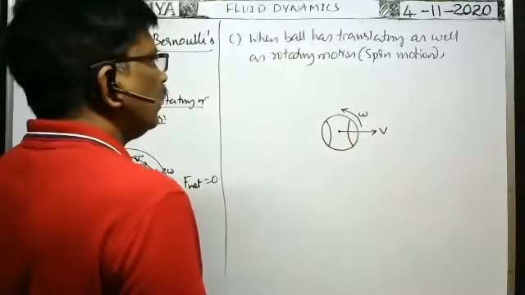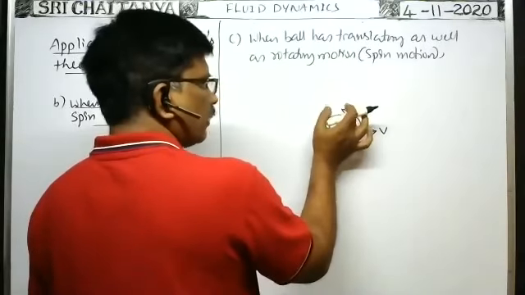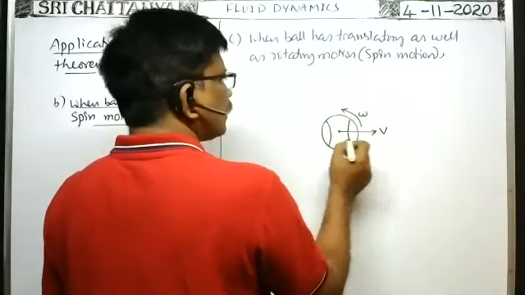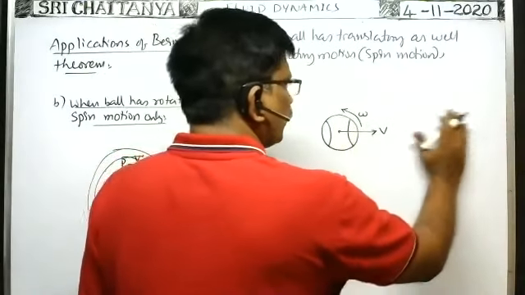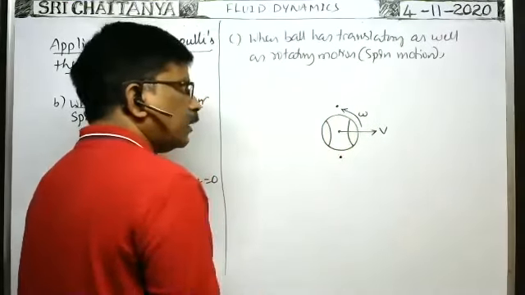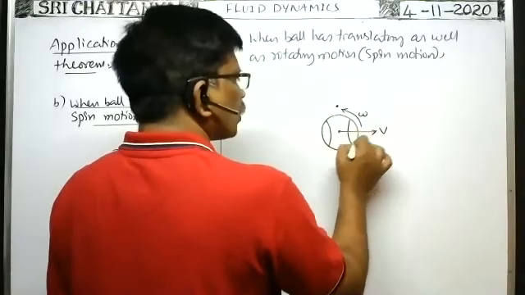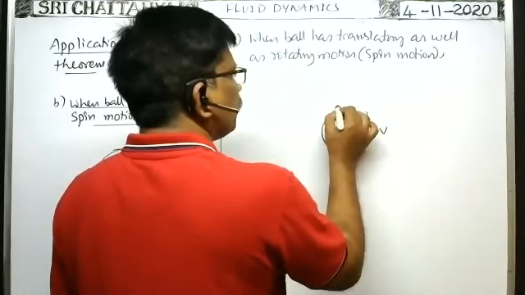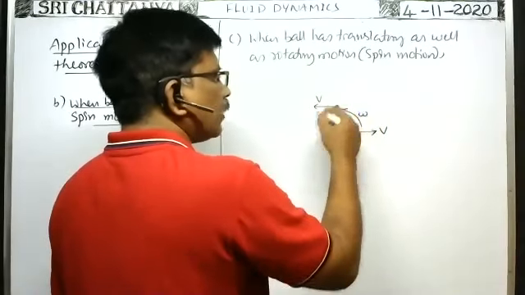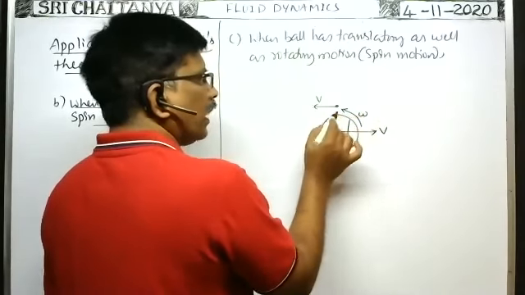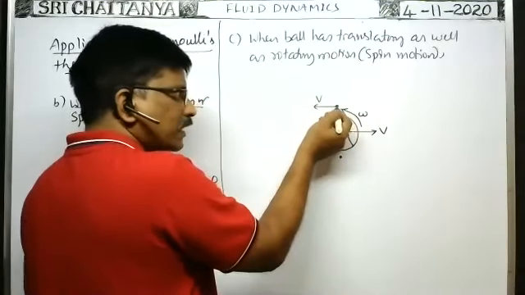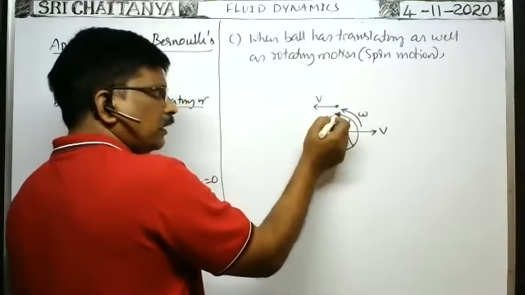Then what happens? Whenever the ball is having translatory motion as well as rotatory motion, when it is moving in air, then as the ball is moving in this direction, when the air particle reaches the point here and here, what about the velocity of the air particle? Because of motion of the ball along this direction, this particle, with respect to the ball, is having velocity v in this direction. At the same time, as the ball is spinning in the anti-clockwise direction, because of viscous force between the surface of the ball and the air particle, the surface of the ball drags the particle along the direction of rotation of the ball at this point.